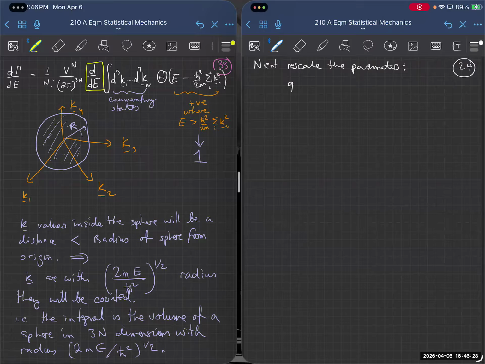I'm going to define qi to be h bar squared over 2m to the 1/2 times ki. Okay, so why do I want to do that? I want to do that because I don't want to keep writing factors of 2m, h bar squared, and things like this. So once I've got that out, then what's going to happen is that now we get